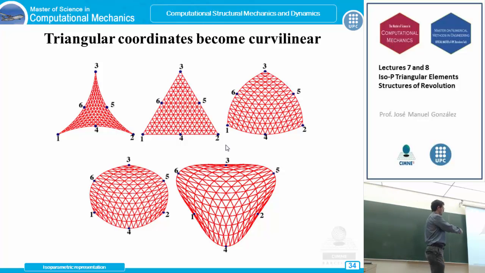So now we are able to work with all these kinds of geometric triangles. Okay. Later we will see that this curvilinear geometry and these sort of strange triangles can lead us to some problems with the Jacobian matrix. But now these shape functions allow us to represent this geometry